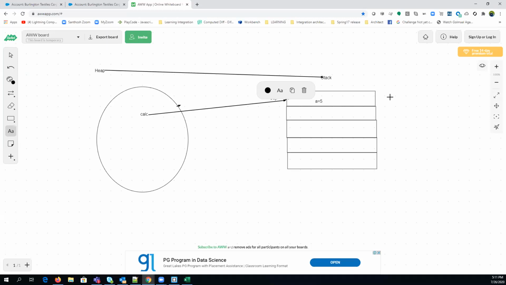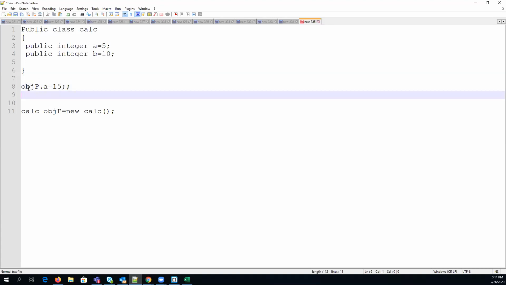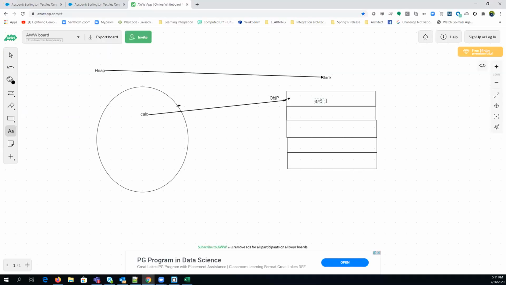If you want to change the value of a, you can simply do objp.a equals, let's say, 15. Read the complete sentence: first it goes to objp and then dot a, so it points to this and changes the value to 15. Is that correct, guys?